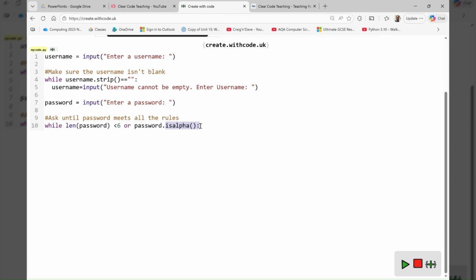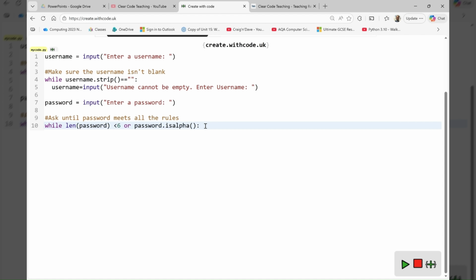Let's take a look at this line of code a little bit more closely. It states while length password is less than 6 characters, or the password.isalpha. This isalpha states that if the password is just alphabetic characters, A, B, C, D, E, F,